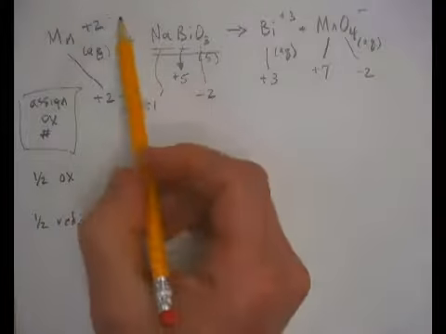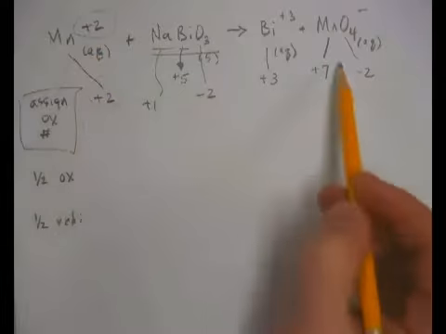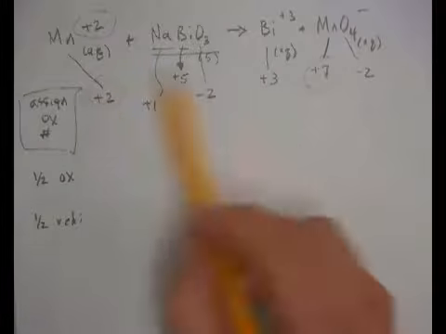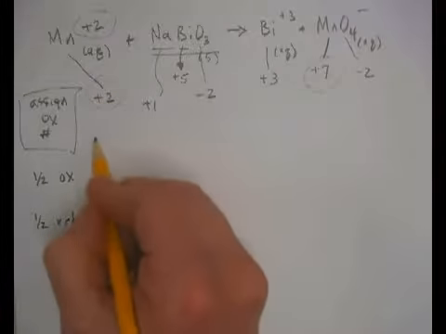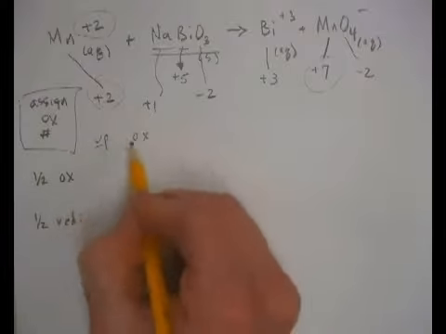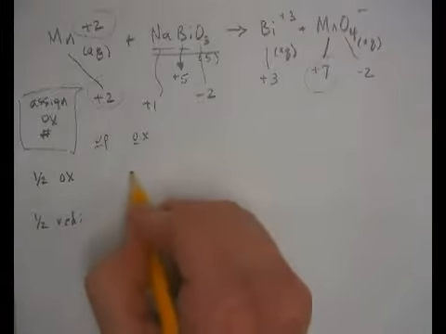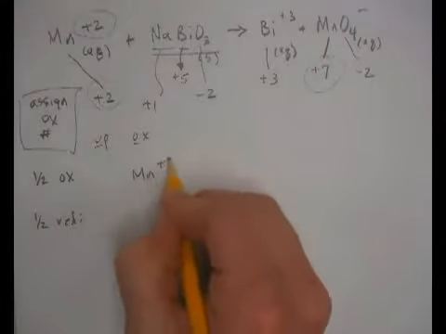So looking from left to right, you can see that manganese goes from +2 to +7. It goes up in charge, therefore it's oxidized. I like to think of it like that: up, ox. Up in charge, oxidized. Up and ox both start with vowels. And so my oxidation half reaction is going to be Mn2+